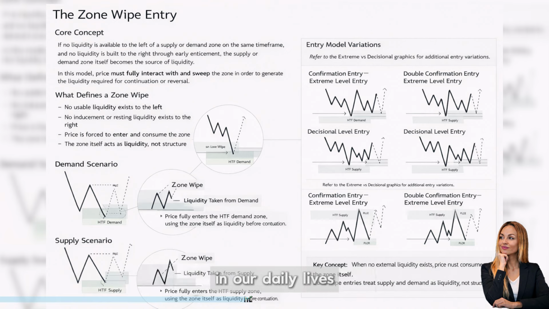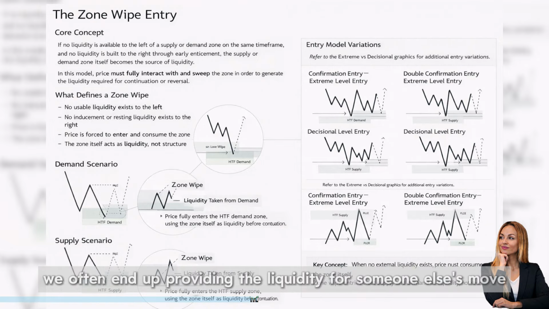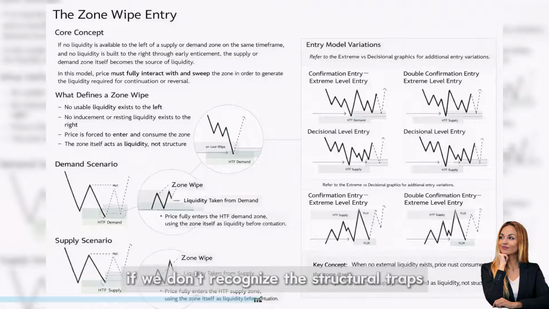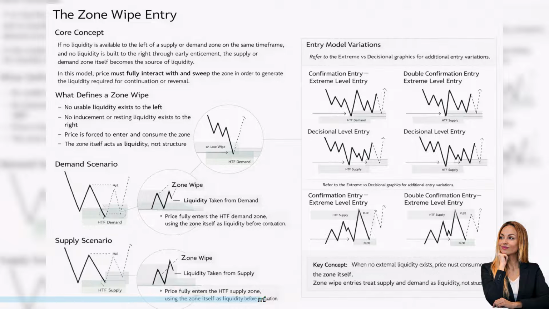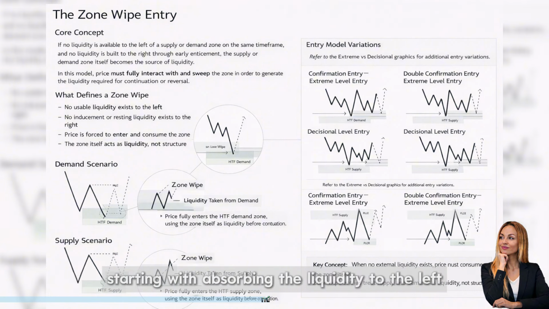In our daily lives, following the crowd feels comfortable, of course, but in the market, if we're just doing what everyone else is doing, we often end up providing the liquidity for someone else's move. And based on my experience, if we don't recognize the structural traps, we can easily find ourselves on the wrong side of the trade. So let's look at how we can navigate this more effectively, starting with observing the liquidity